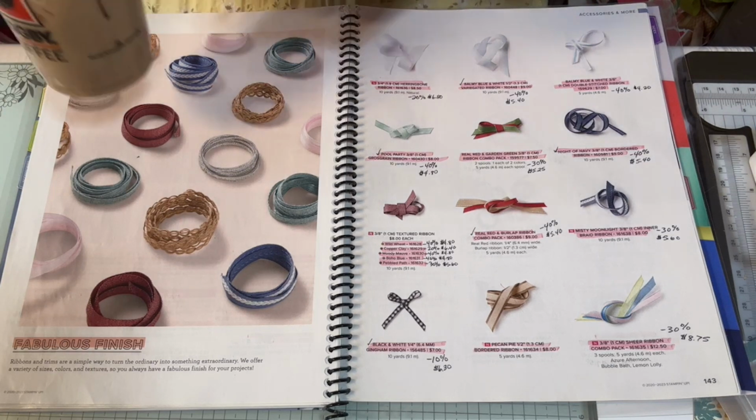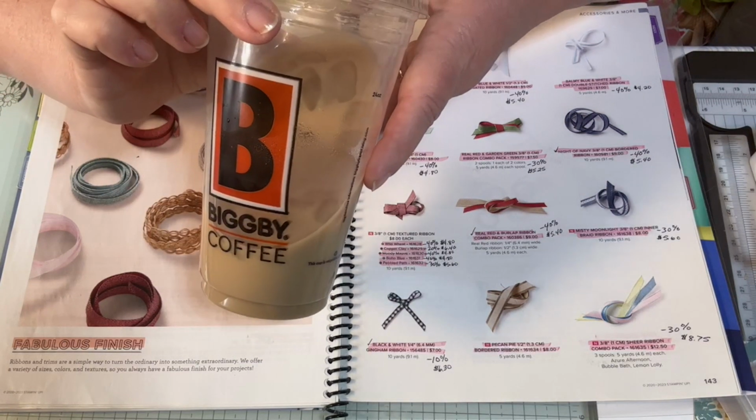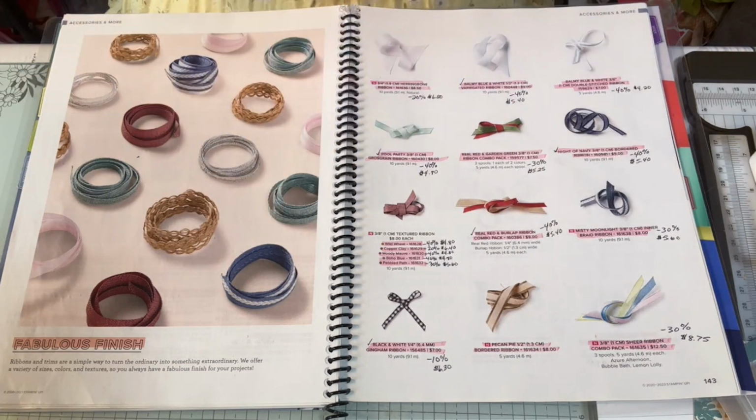Okay, I have to show you. So my husband had to go do some blood work today, and he brought me home a Big B beverage. I am so excited. I love my Big B beverage. I only ever get one kind, but